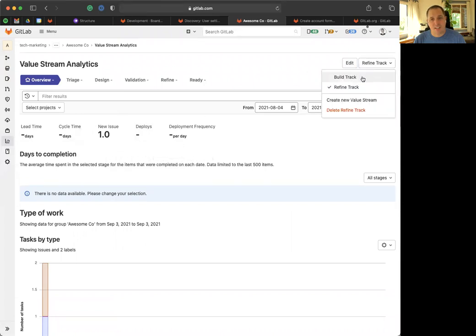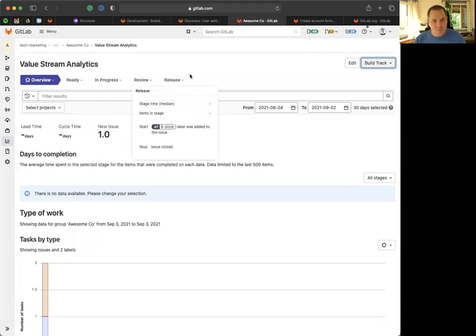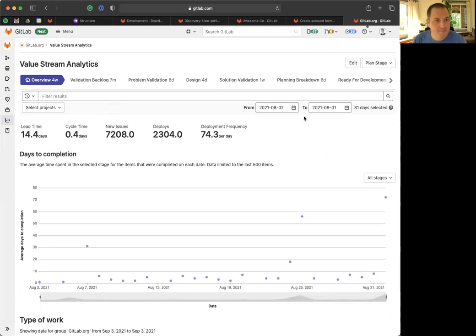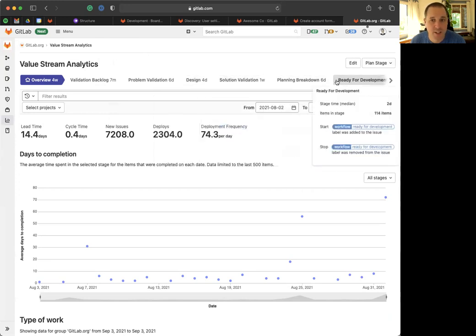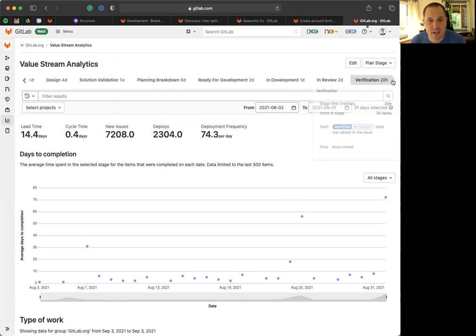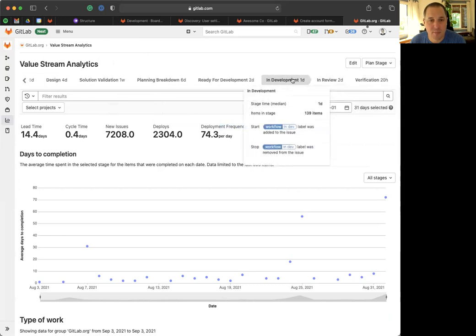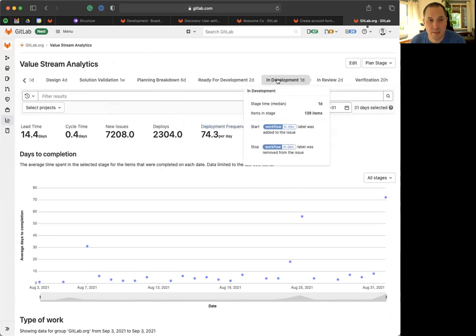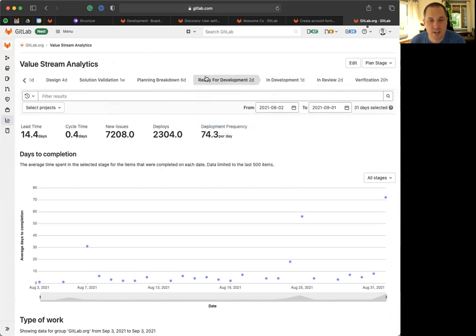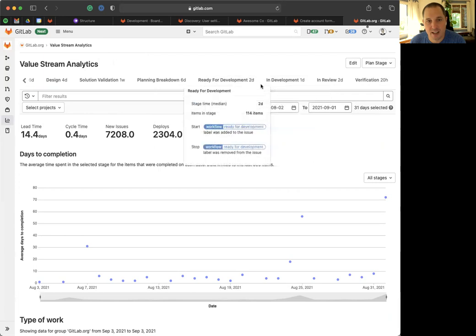I've also created a custom report for the build track, which mirrors in the same way. So there's not a lot of data here because this is a demo, but if I hop over to GitLab's actual value stream analytics report, I've created a similar one because we have a workflow as well where we go through planning breakdown, solution validation, design, similar to what I showed you. And I can actually look across all my different stages in my process, and I can find which one is the bottleneck. So our build track starts in ready for development, and we can see right here that right now